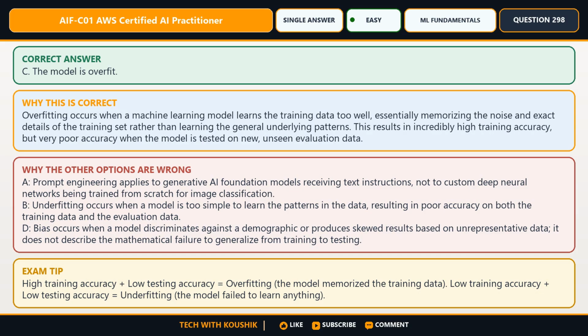Here is the reasoning that confirms the answer. Overfitting occurs when a machine learning model learns the training data too well, essentially memorizing the noise and exact details of the training set rather than learning the general underlying patterns. This results in incredibly high training accuracy, but very poor accuracy when the model is tested on new, unseen evaluation data. The remaining options fail one or more requirements because